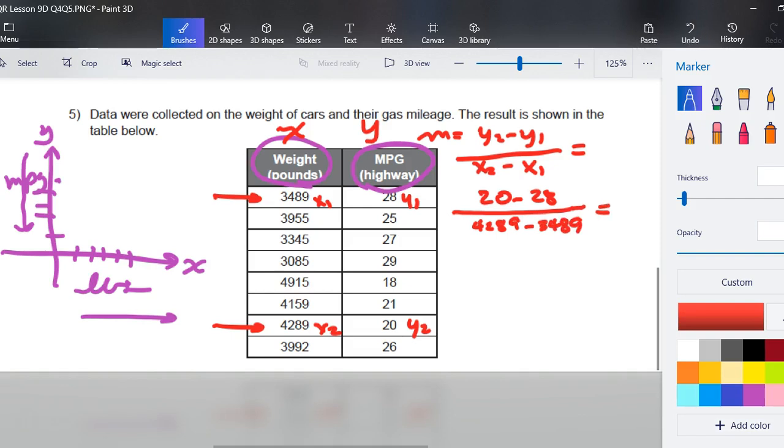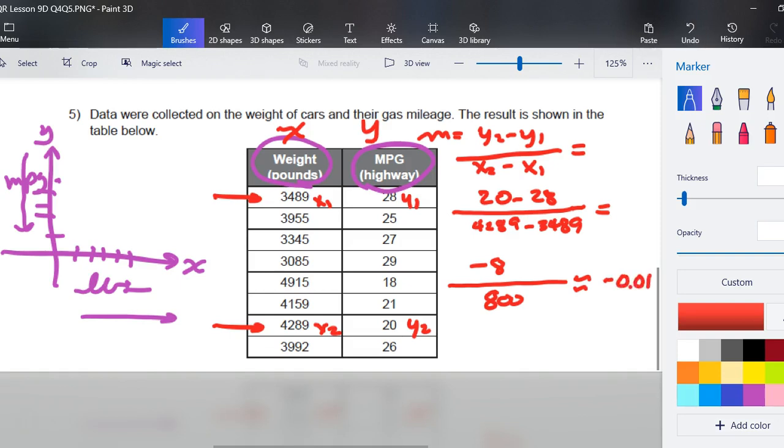So I'll grab a calculator. If you're not comfortable with the integers, you can do 20 minus 28 by hand or on your calculator. And then you've got 4289 minus 3489, and we're getting 800. So when I divide my negative 8 by 800, I get negative